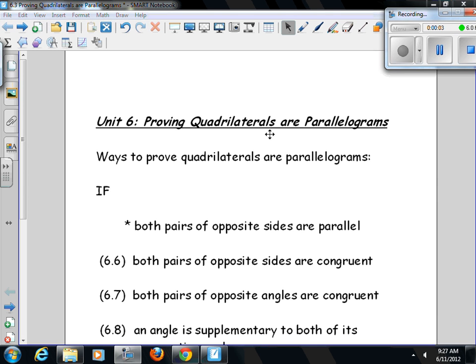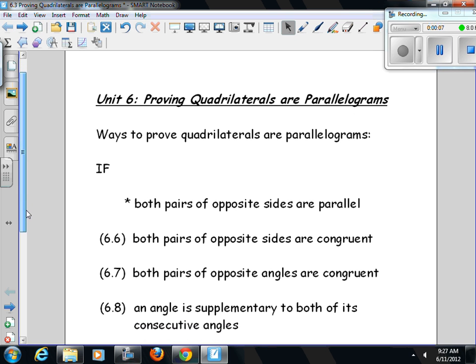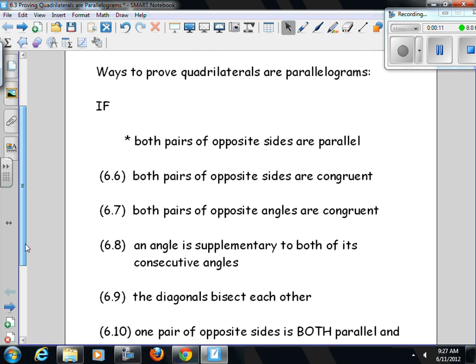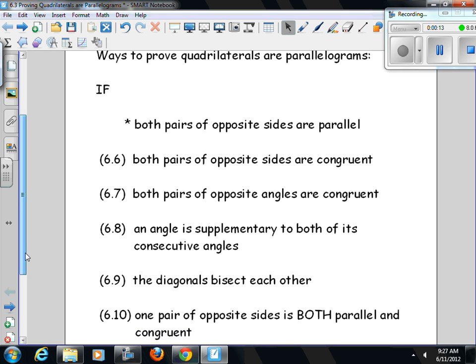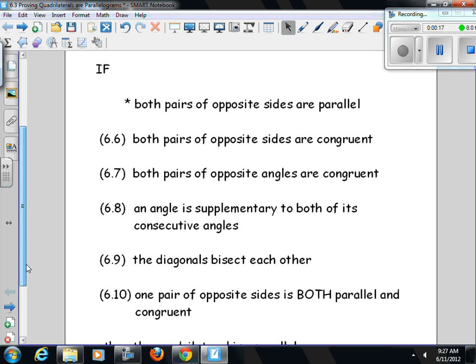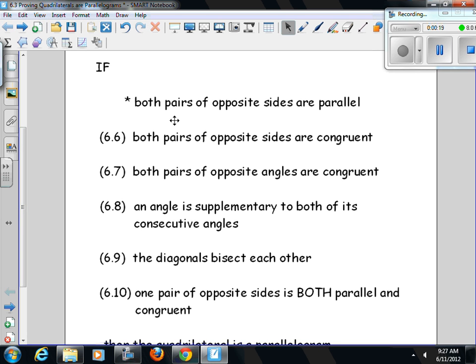Today we're going to talk about proving quadrilaterals are parallelograms. And we have ways to prove that quadrilaterals are parallelograms. We can conclude that a quadrilateral is a parallelogram if both pairs of opposite sides are parallel, if both pairs